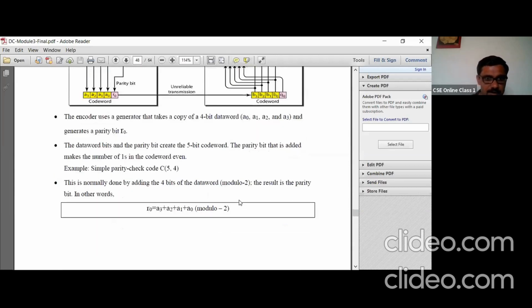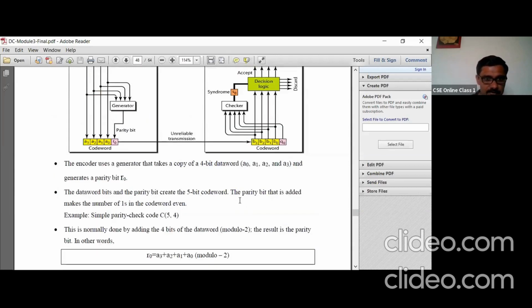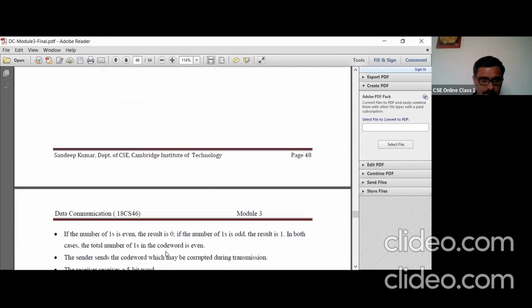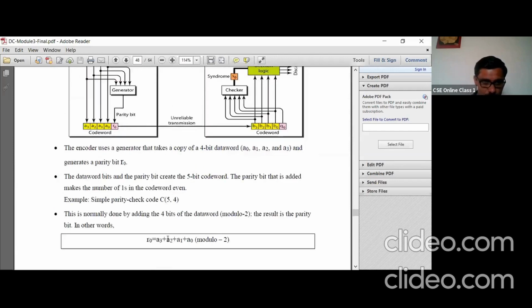You see here in the next explanation, R0 is calculated like this, using modulo 2 arithmetic. Modulo 2 arithmetic is basically calculating the parity bit. Suppose assume that the data word is 0, 1, 1, 0.